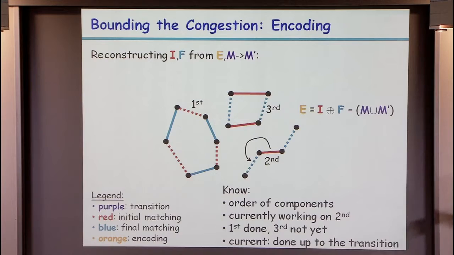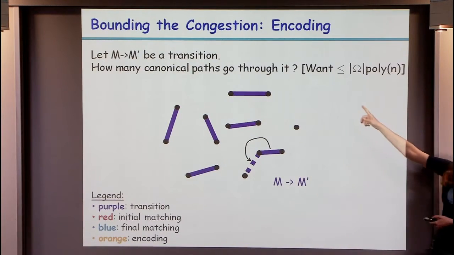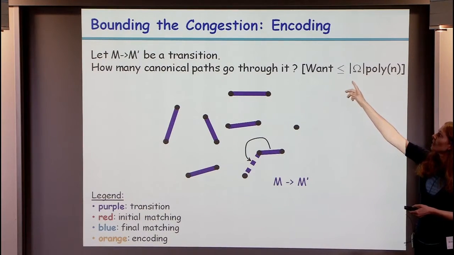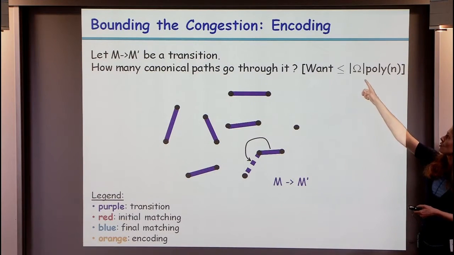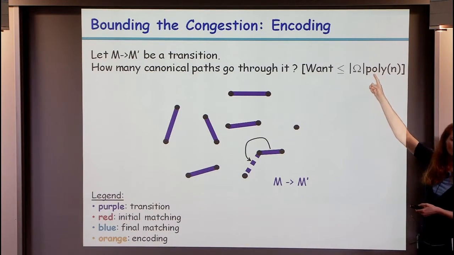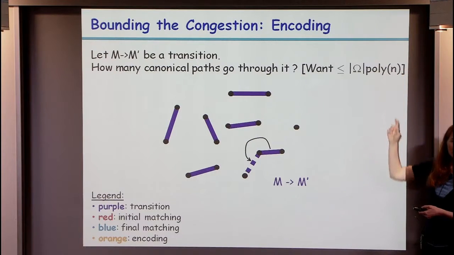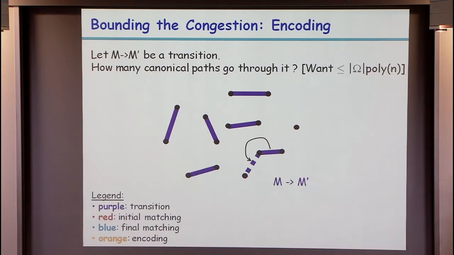And therefore, what we wanted was to upper bound the number of paths through a transition by the number of matchings, possibly times a polynomial factor, and we did that. Okay? Okay, so, well, except that I kind of didn't quite tell the truth, because there is one other case